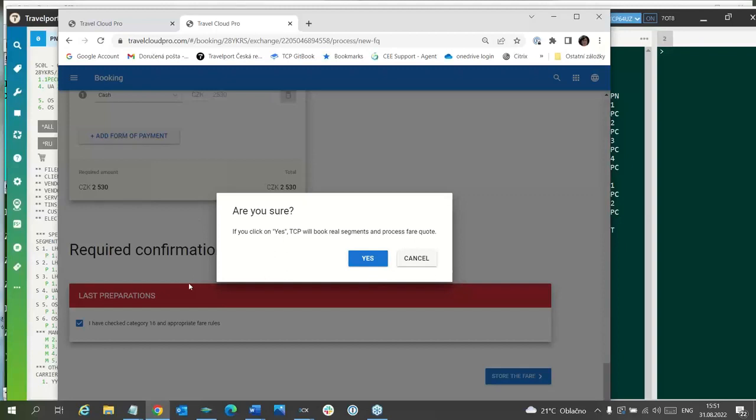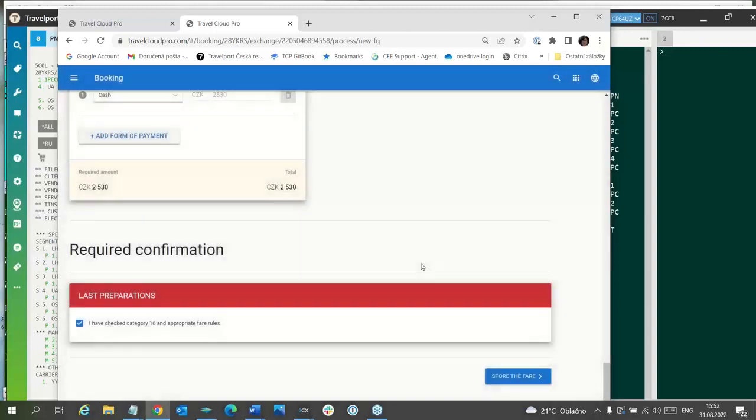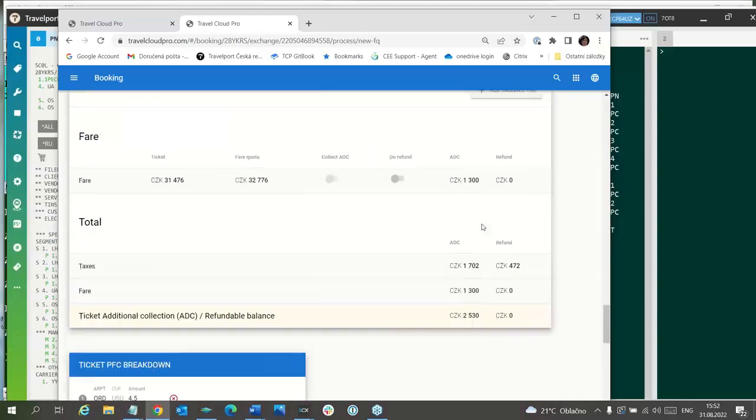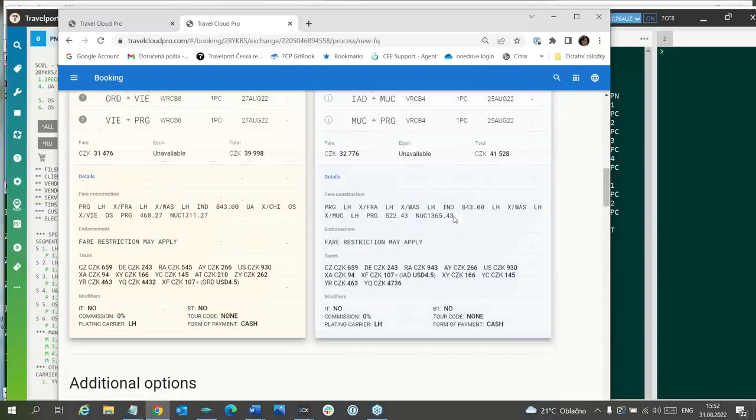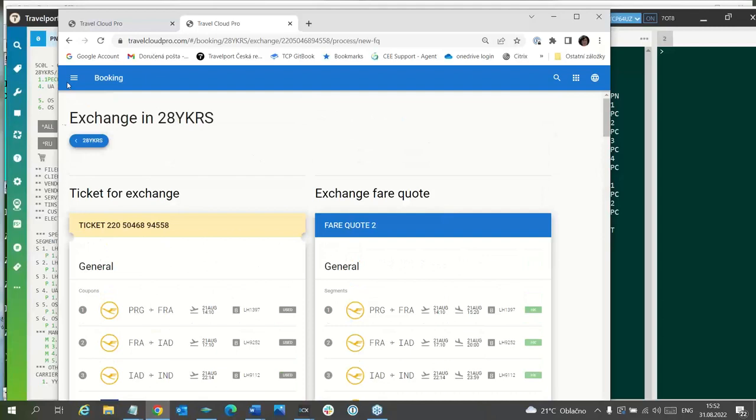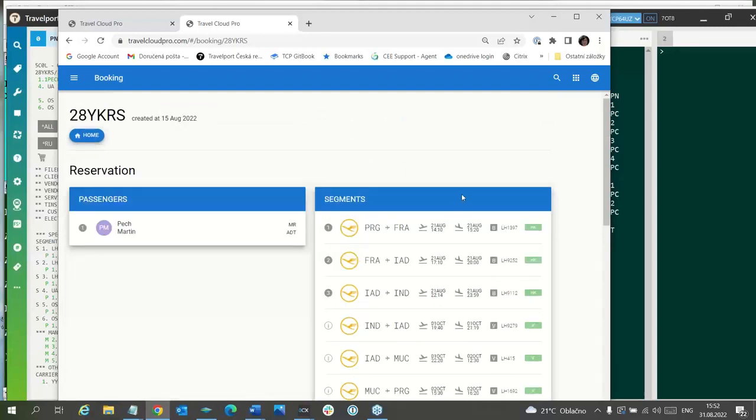If you want to continue, the informative segment will be booked and stored in the PNR. And because it is a real PNR, which I have from one agency, I cannot continue, so therefore I will press cancel. Yes? So this was one example, and I would like to show you another.